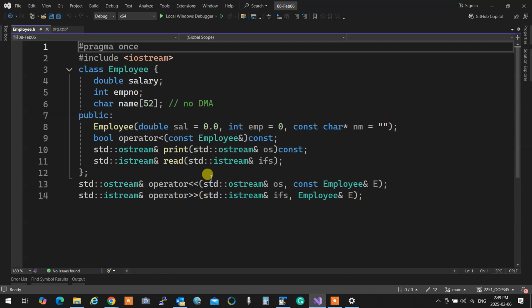So it's a simple employee with absolutely no DMA or any resources, so it doesn't need to be set in any way. So I have a print and a read. So you can say at a glance what it is, right? It's an employee that has print and read, and you're good. Okay.